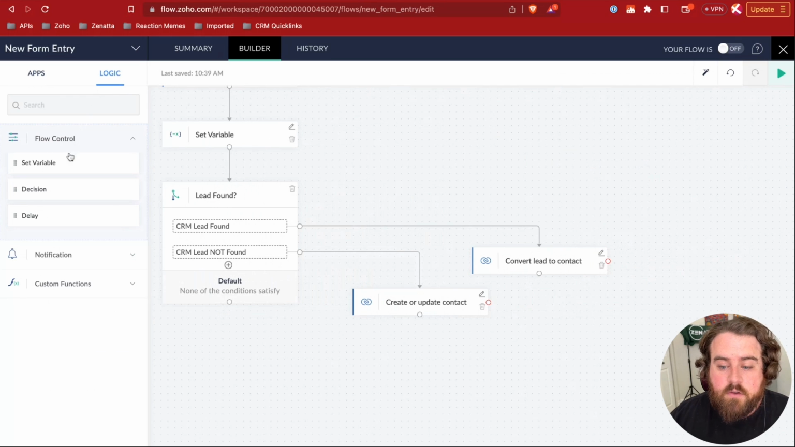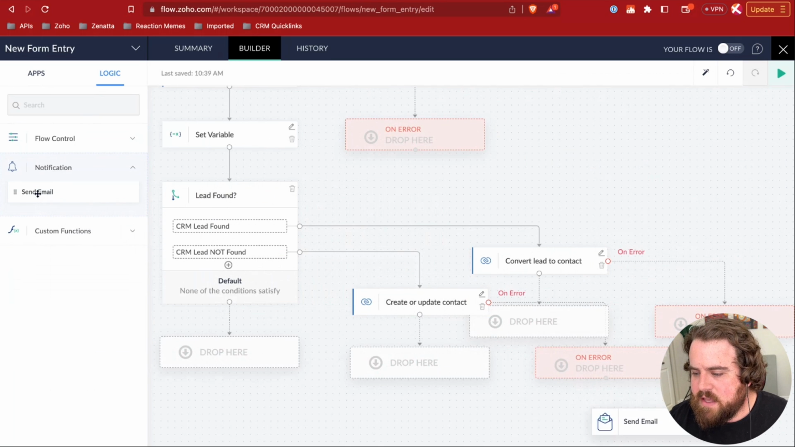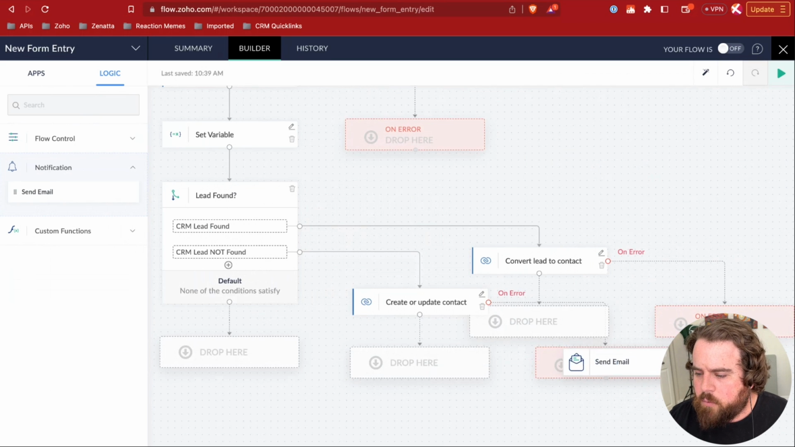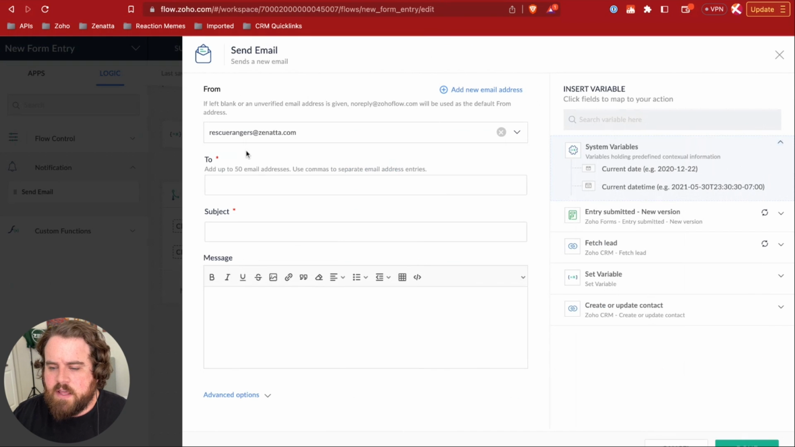And one of the simplest things that you can do is just send yourself a notification to let yourself know that something went wrong. All right, so I'm going to pull in a send email, and then you see now I have these blocks for on error. So I'm going to drop one here for the on error of creating a contact. Select where I want the email to come from, who to send it to. So I can send it to myself, greg@zenatta.com. And we can have the subject, there was an error processing a form entry for,